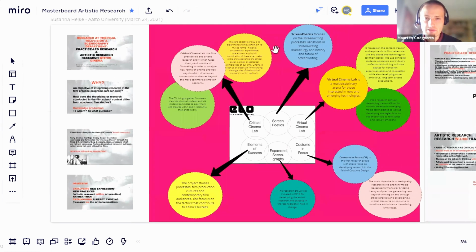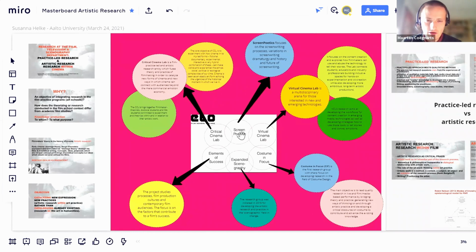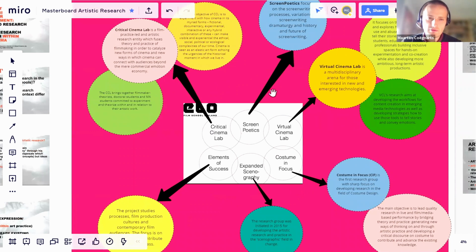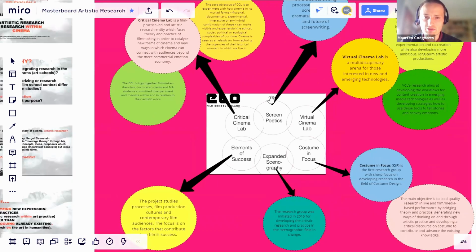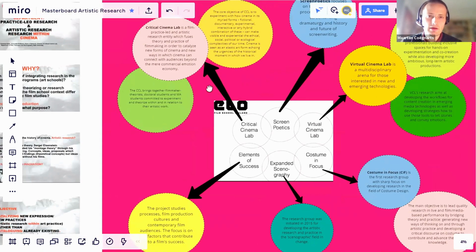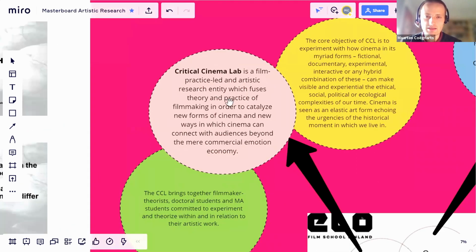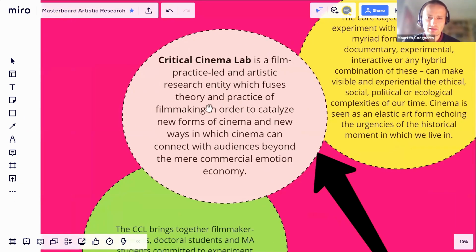Then it was a very interesting talk about the research structure of the film lab. It is structured around thematic clusters. For instance, we've got the critical cinema lab, which is a film practice-led and artistic research entity, which fuses theory and practice of filmmaking in order to catalyze new forms of cinema and new ways in which cinema can connect